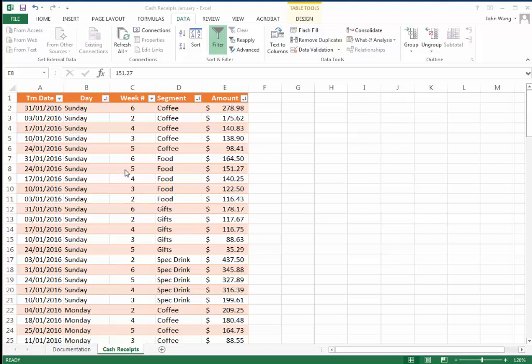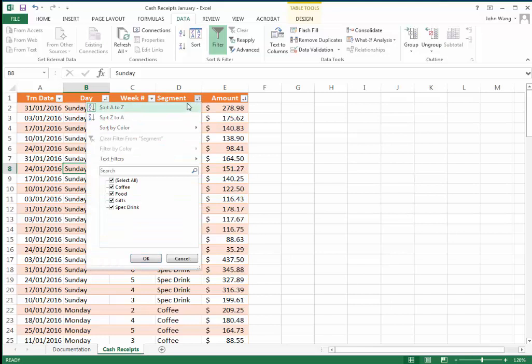Make sure that you are where you were left at the end of tutorial 5.1. We are going to click on the segment filter button. Right here is the filter button for the segment column, and you can see several options. There are 4 items within this column: coffee, food, gifts, and spec drink. We will select only specific ones, in this case food, but to do so we will have to